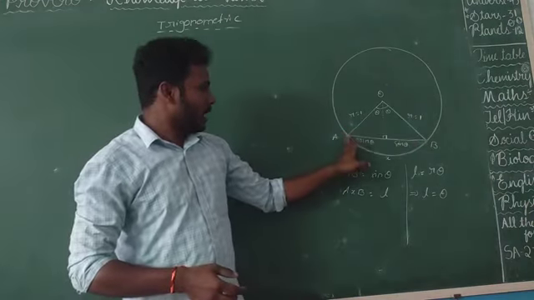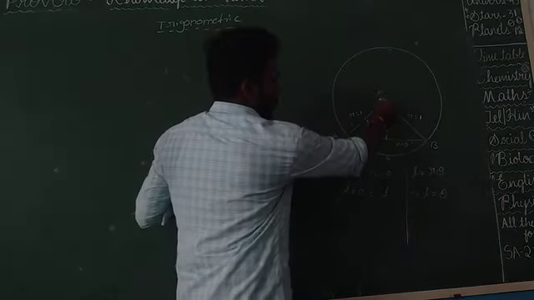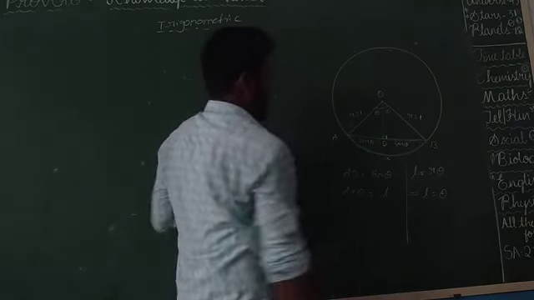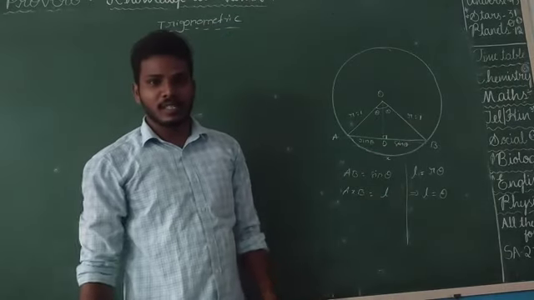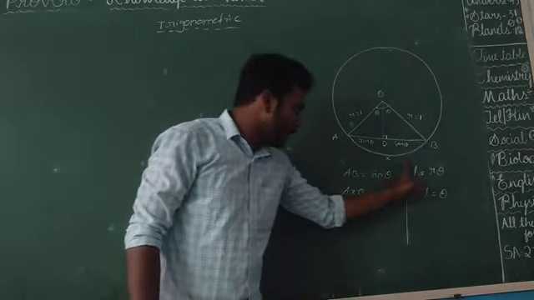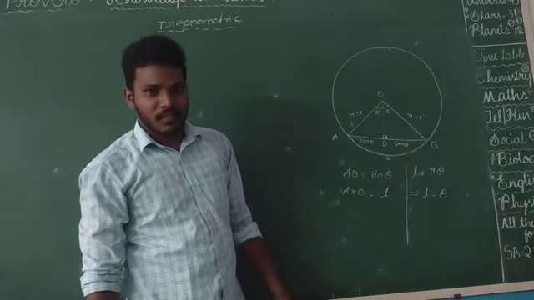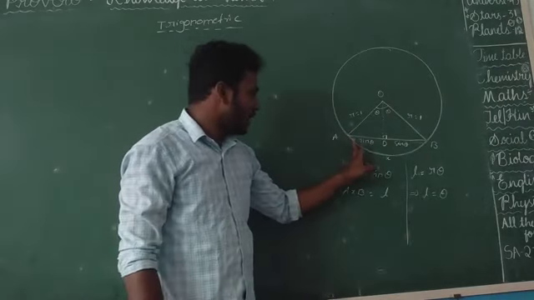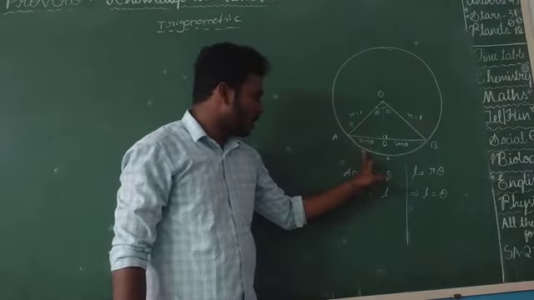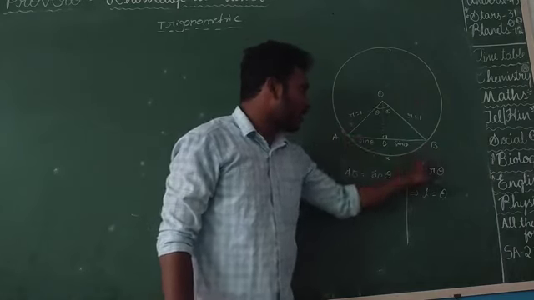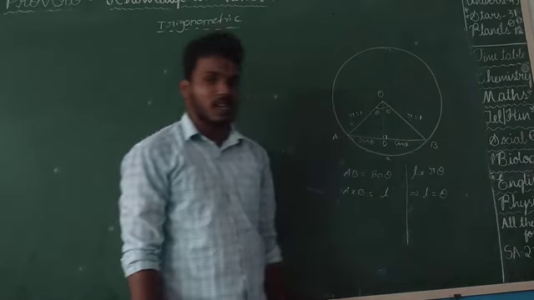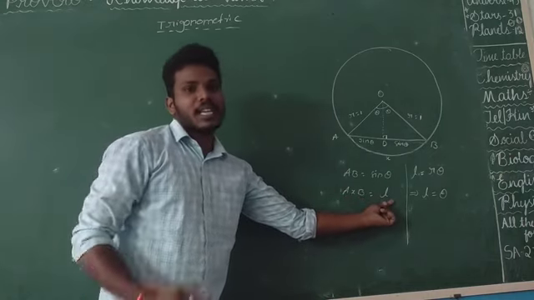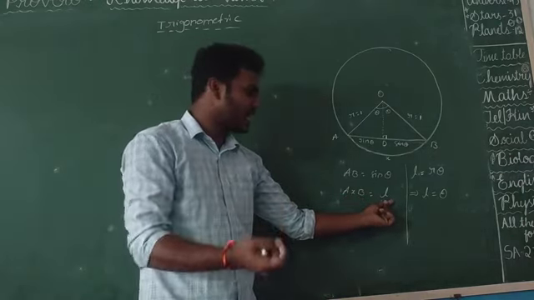Suppose the center is O, and suppose there is a point D. ADB is a chord of the circle. AXB is an arc of the circle. AXB is nothing but the arc, and ADB is the chord. This is the arc of the circle, and ADB is the chord of the circle. I am taking the length of AXB as L, because we don't know the length of the arc, so we are just using the letter L.